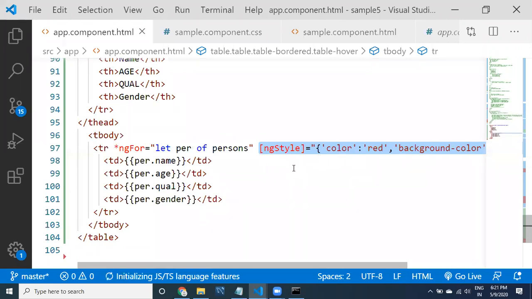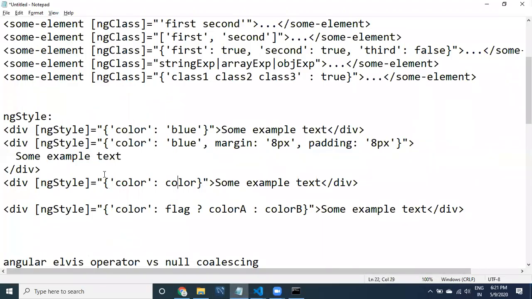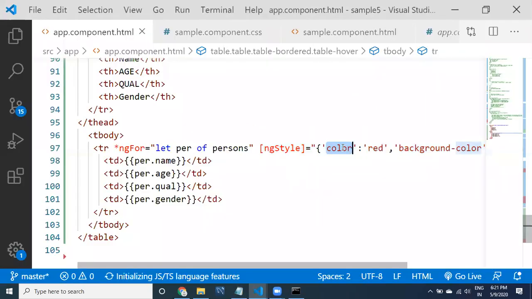Coming to here again, so now ng style color, right? Let me see here, guys. Now multiple styles like margin and padding, I have provided background color, right? The same way you can apply margin and padding, whatever you want. Let me copy this margin and padding.